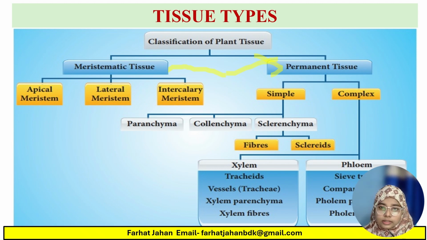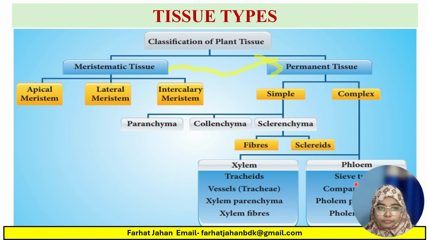Xylem conducts the water and minerals and it has tracheids and vessels. However, phloem conducts food through the sieve tubes and companion cells. In cytodifferentiation, cells from the meristematic tissue differentiate into these specialized permanent tissues, which are the xylem and phloem, especially the complex tissues. The xylem is very important for transporting the water from root to all parts of the plants, and the phloem is important to transport food and is involved in photosynthesis from leaf to all parts of